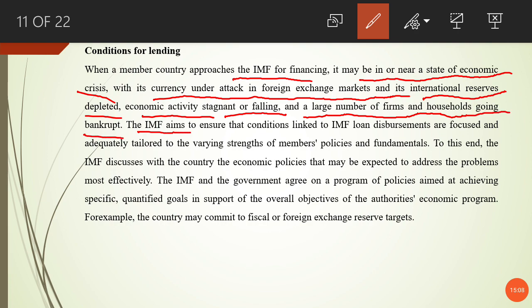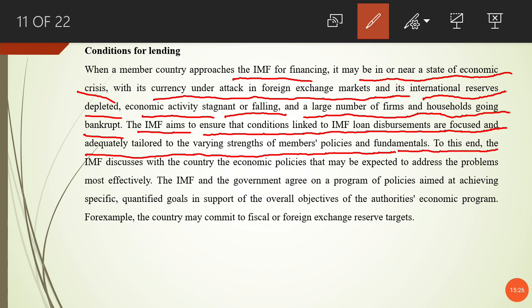The International Monetary Fund aims to ensure that conditions linked to IMF loan disbursement are focused and adequately tailored to the varying strength of members, policies and fundamentals. To this end, the International Monetary Fund discusses with the country the economic policies that may be expected to address